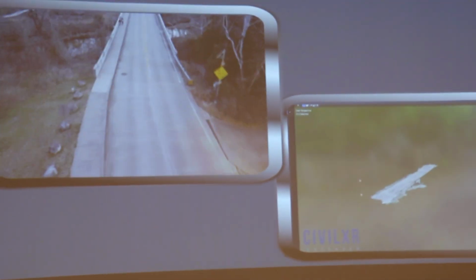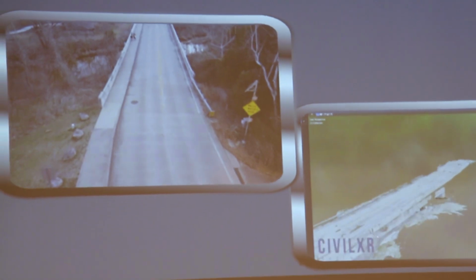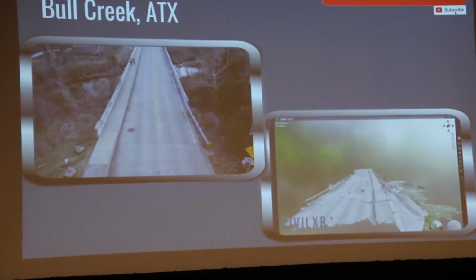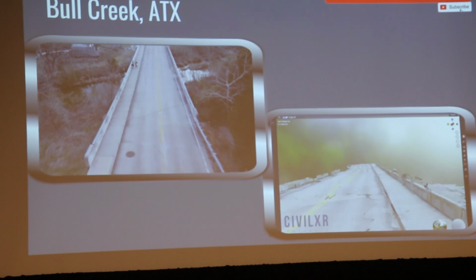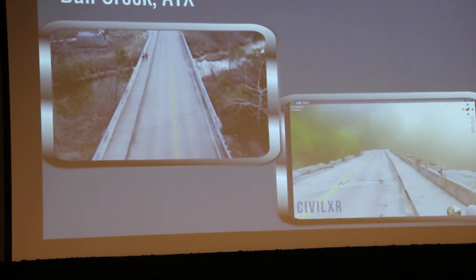So let's move to the first part of the presentation, that is mobile surveying. Here you will see two pictures side by side. The first one is Bull Creek, a bridge in Austin, and it's a drone video of the bridge. On the other side, it's a LiDAR scan, which I did using the 3D Scanner app on iOS. You can see that there is a ditch on the right-hand side of that 3D model, and that ditch is so easily visible that it is far superior to